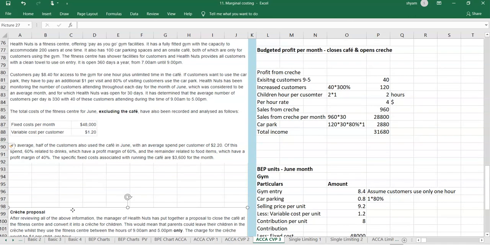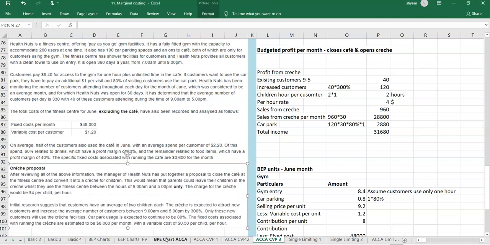If you see, there are expenses here which are given. So expenses, it is 0.5 per child and 8,000 of fixed cost. Okay, so the variable cost is going to be